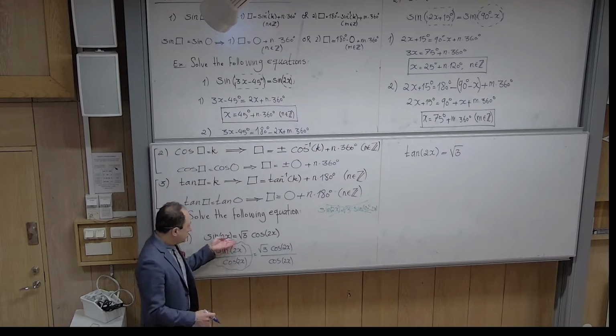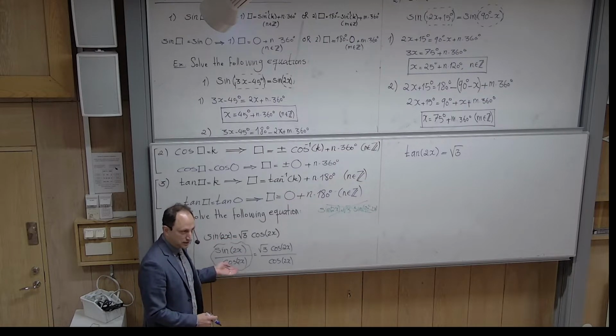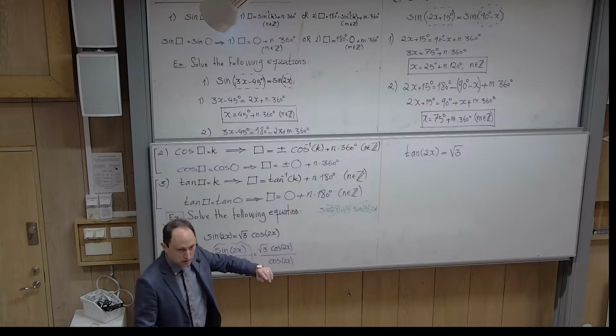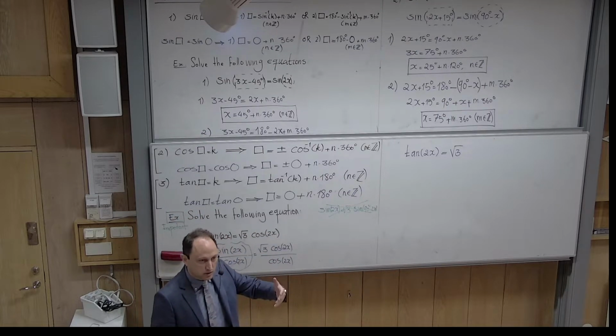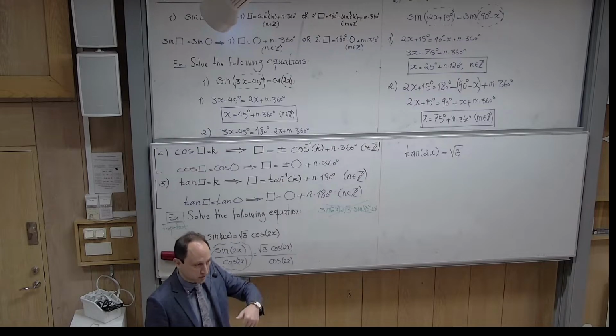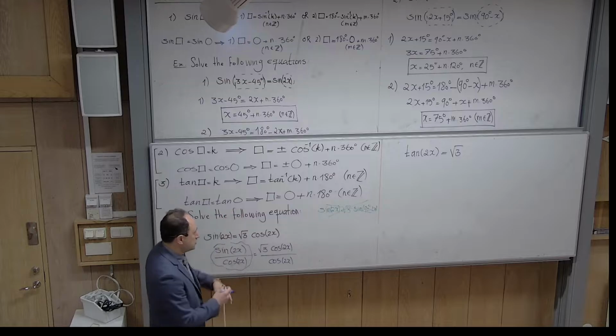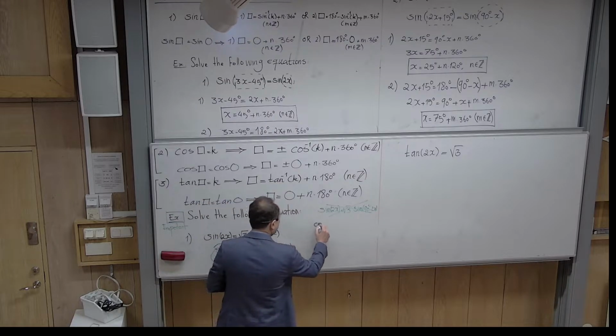Because when I want to go from this step to this step, at this step I have to convince myself that cosine 2x is not 0. Otherwise I'm not allowed to go further. So before dividing, I have to make sure that cosine 2x is not 0. Let us see what is the consequence of the assumption otherwise. If cosine 2x is 0,